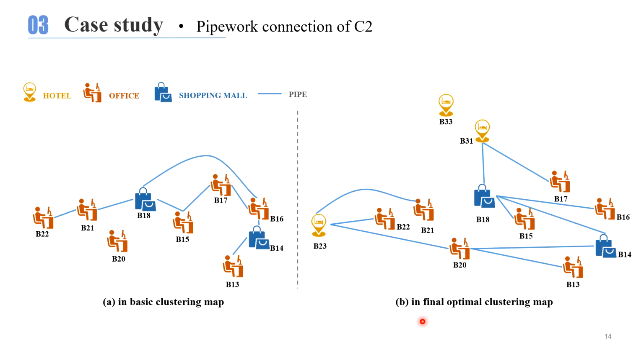The network connections are affected by the complementarity effect of the buildings within one cluster and the energy exchange among all buildings. When the energy transfer becomes more frequent in the cluster with higher complementarity effect, cost savings can be expected. So, in the final optimal clustering maps, more pipework is built among offices and the new joiners, namely the hotels.